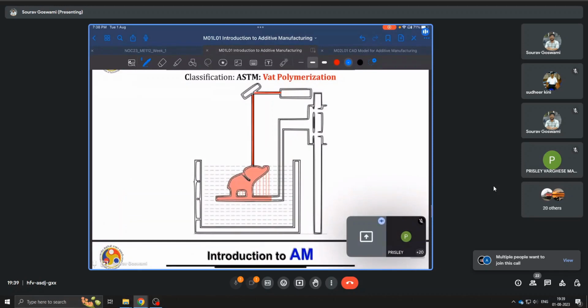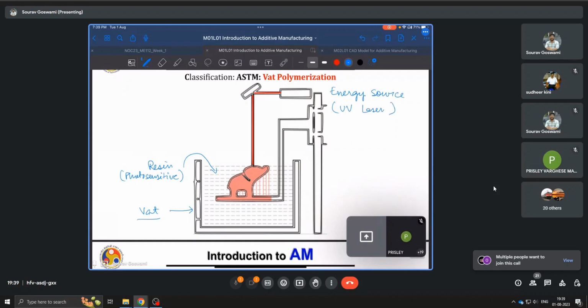Up here we have vat photopolymerization. This is the vat. It's a tank full of liquid. This liquid is usually a resin, which is photosensitive. So if you leave it exposed even to ambient light, it can get cured to a certain extent. And here you have an energy source, mostly a UV laser of very low wattage,